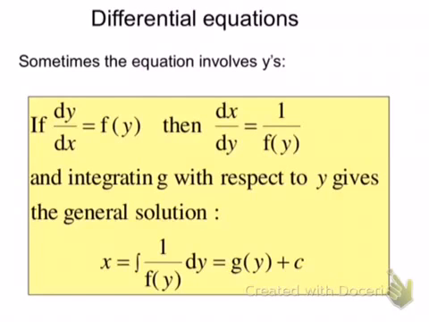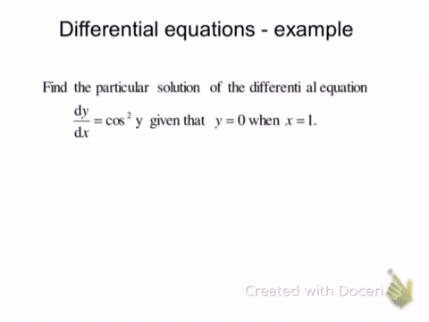Now, we're going to go on and solve a problem. We've been asked to find the particular solution of the differential equation dy by dx equals cos squared y, given that y equals 0 when x equals 4. Right, so we've got dy by dx, but on the right hand side we've got a function in terms of y. So if I write it as dx by dy,